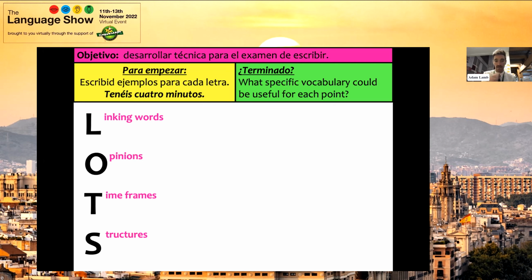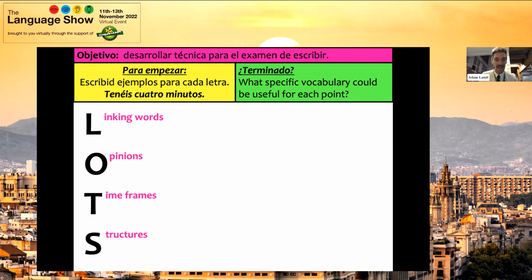And they can go through and we teach them to put a line through. Once they've used maybe Además, they can use también instead. So it gets that variety up there. It's really, really simple, really easy to remember. It serves, I think, pretty much every single part of the AQA specification apart from 40 words, because they don't really need to use opinions to get the top marks, the 16 marks. They don't need to use timeframes to get the top marks in the 40 words. And I think it just keeps it nice and simple, nice and straightforward. And they don't have to remember about 10 different food items to get the full marks.